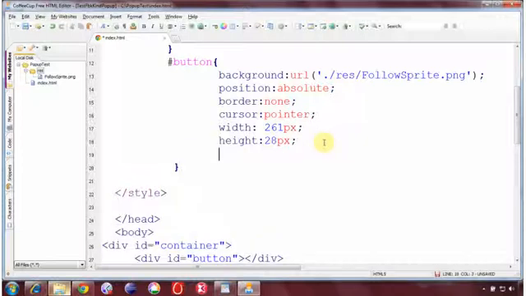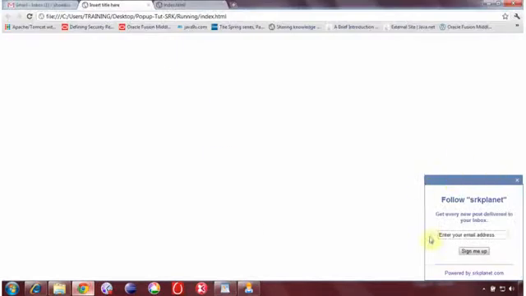Then we need to specify its location in the container. In the container, where should the button appear? You can see over here the button inside this container comes over here at the top. But one thing you note, when this container is initially not displayed, its position is specified from the top.